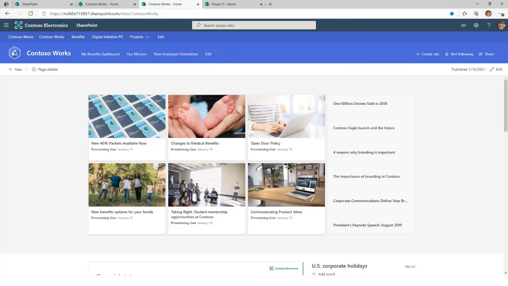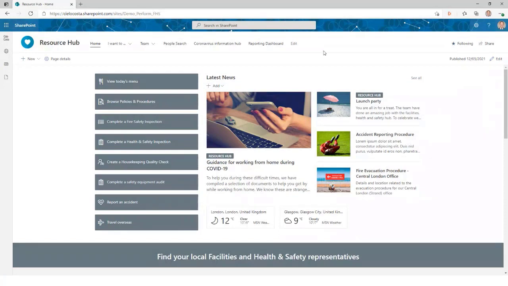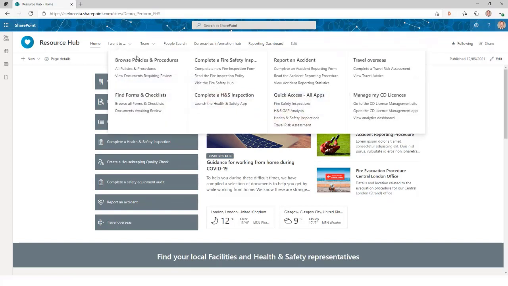And as we build this out more, we can start then to make things work more naturally, guide people through, like an example here. This is an example intranet that I built, and in here we have the simple call to action, I want to. So that's clearly the doing place. I want to do something. What do I want to do? I want to browse policies and procedures. I want to complete a fire inspection form, whatever it may be, all these key links. And it's fine if it is populated a lot, as long as this stuff is relevant to where we are